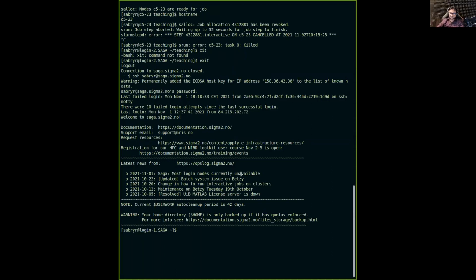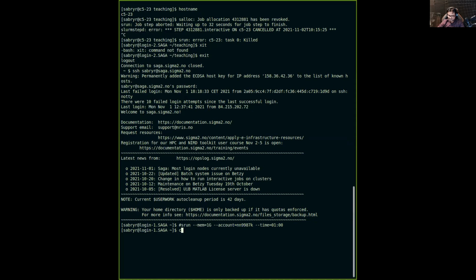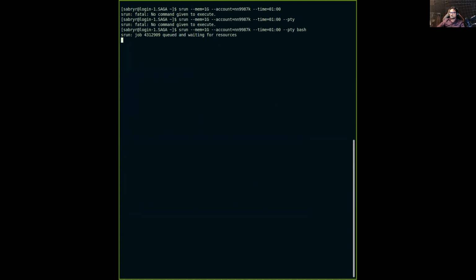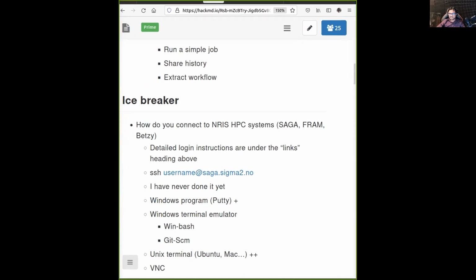That's a very good question, actually. So you could actually use srun as well here for an interactive job. So with srun, you could ask for an interactive job as well, with pty bash. I think yes, you could ask for a bash shell using srun as well. But on our systems, there's a reason that it's configured in the newer Slurm versions. Instead of srun, salloc is recommended. The reason for that is explained